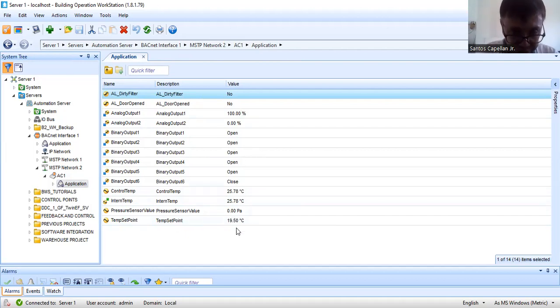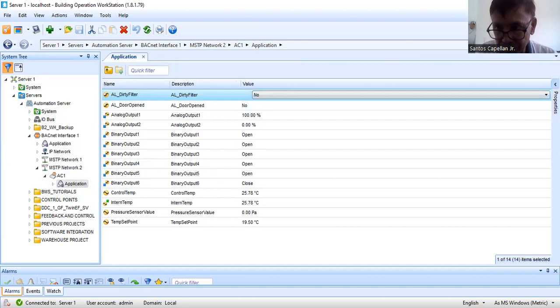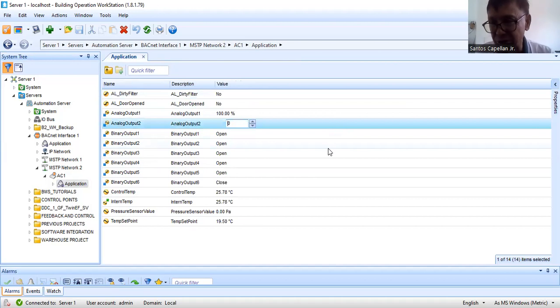Okay, so these are the information that you can bind in your graphics. Air dirty filter, no. Okay, the value is no. Maybe you can configure this one also. It could be no or yes. Anyway, actually you cannot configure this. You have to ask the supplier of the thermostat to reconfigure the thermostat, because let's say you have 24 air